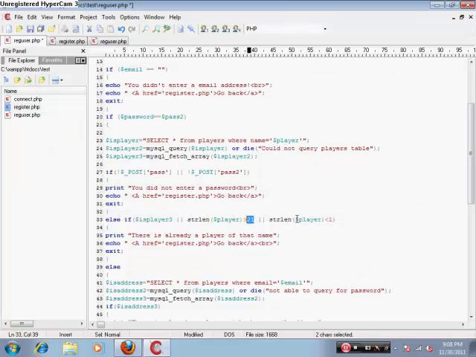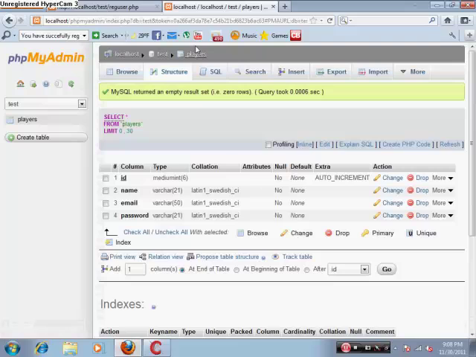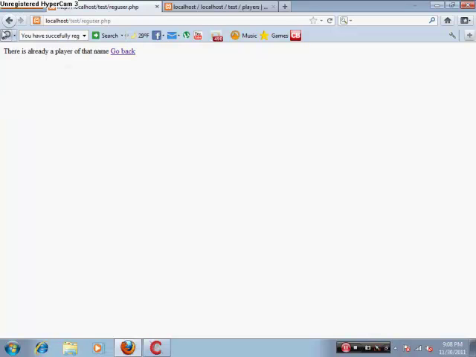Or string line of the player is less than 1. Okay, else if is player. Now let's try it. See what happens. Let's refresh. Double time. There's already a player of